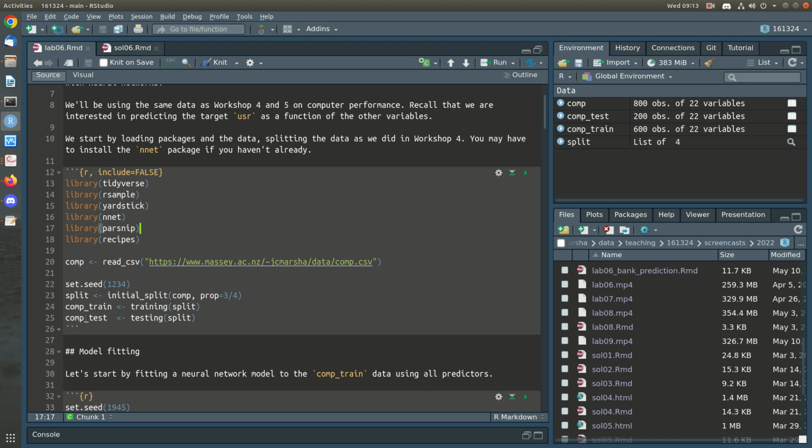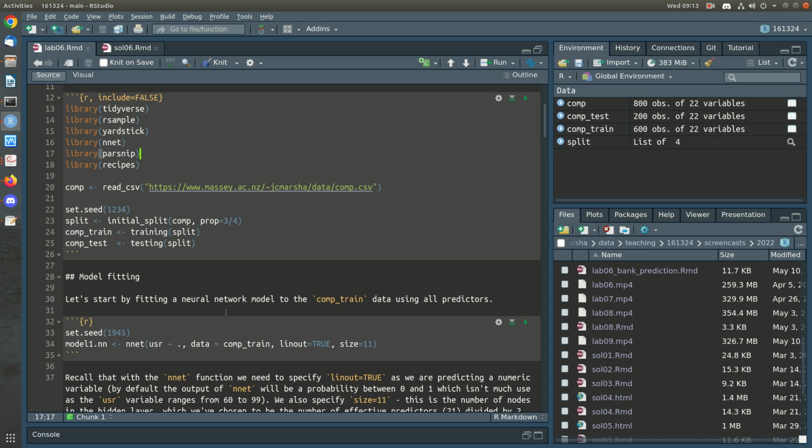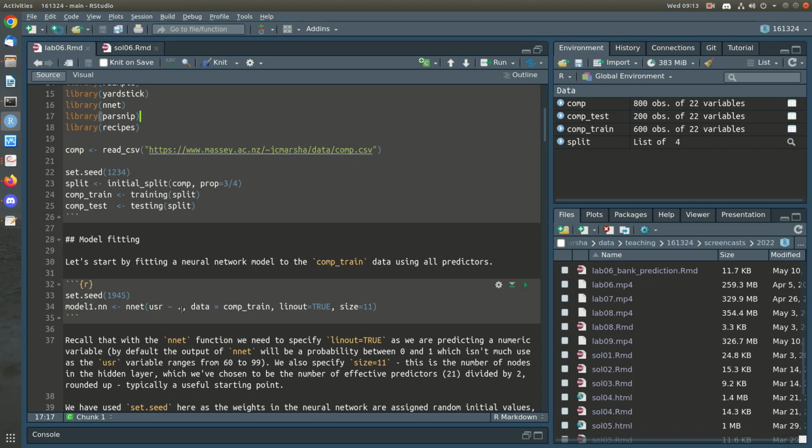So you remember this is an artificial test set where we actually know the outcome. A true test set, we wouldn't actually have the user variable in it, and of course our goal would be to predict the user variable on that set. So this is an artificial test set in that we're going to treat it as if it doesn't have the user variable in it, and then we're going to use the user variable to assess how well our model is fit. So we're going to start by fitting a neural network,